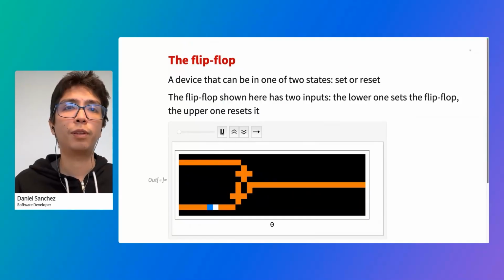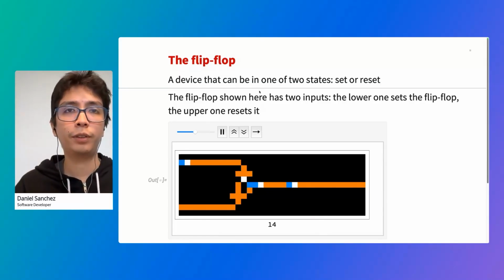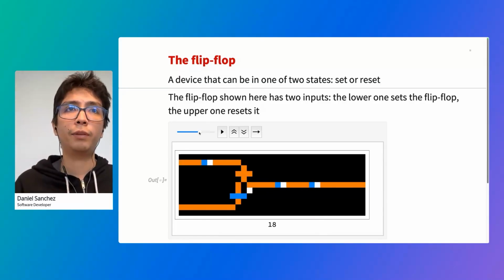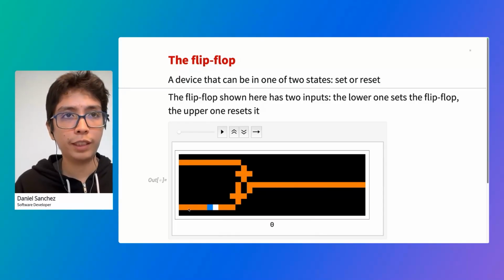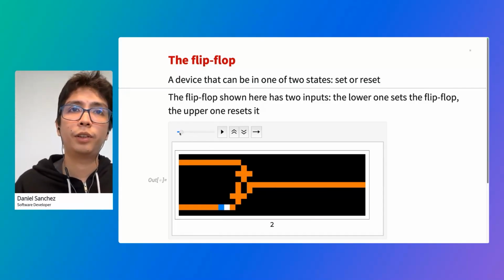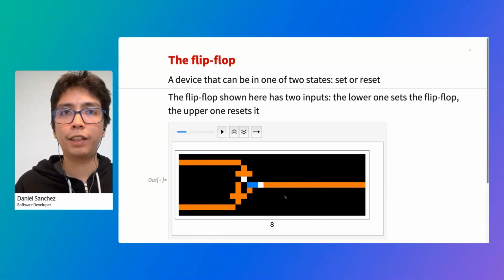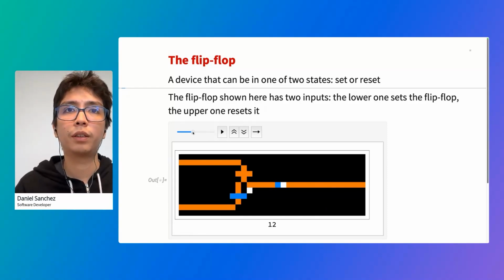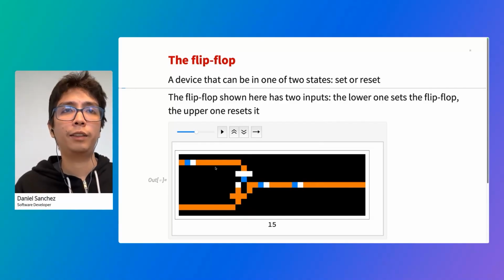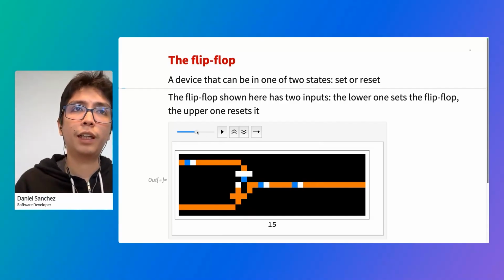Okay, next, the flip-flop. Right, so this is a device that can be in either one of 2 states, a set or reset. And you set it by sending an electron through this A wire at the bottom. You see that if I send an electron there, an electron is emitted, but also trapped in this loop, right? And the purpose of the top wire is to send an electron so that it clears this electron being trapped here. So that's how you would reset this flip-flop,